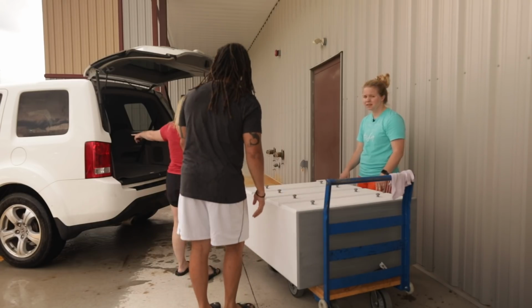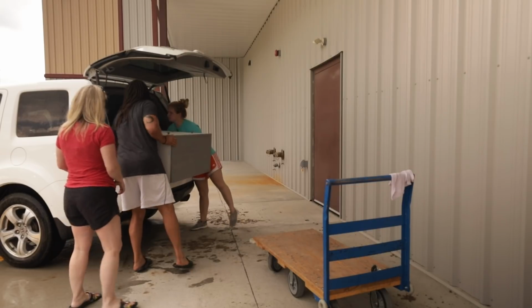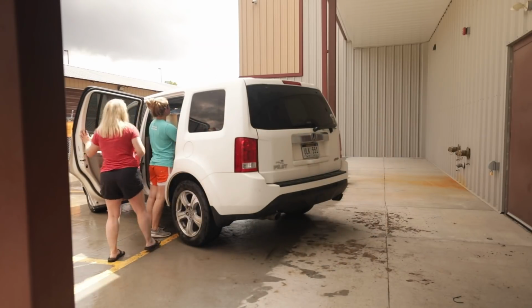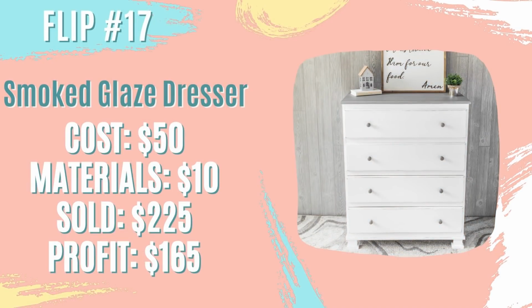I listed that tall dresser at $225 on Facebook Marketplace, and there really weren't too many hits. But then, remember those 2 nightstands? Well, this is the dresser that I ended up selling those with, so I got a full price offer on the dresser for $225. So after spending about $50 on the dresser and about $10 in materials, I came away with a total profit of